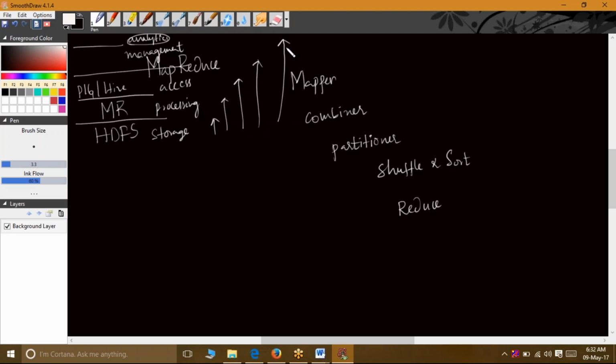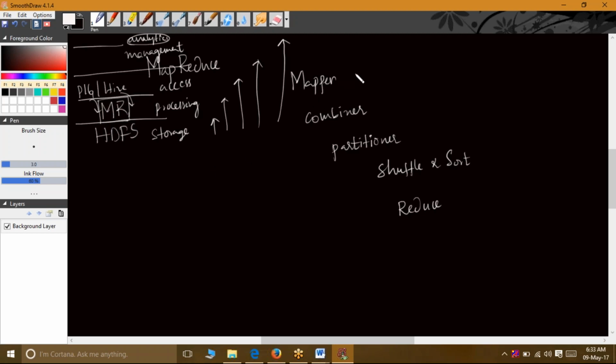So let you run a Pig script or a Hive query or anything, ultimately it is grilled down to MapReduce only. Let it be a Hive query or a Pig script or whatever it is, it grills down to MapReduce only. So when MapReduce is the backbone,